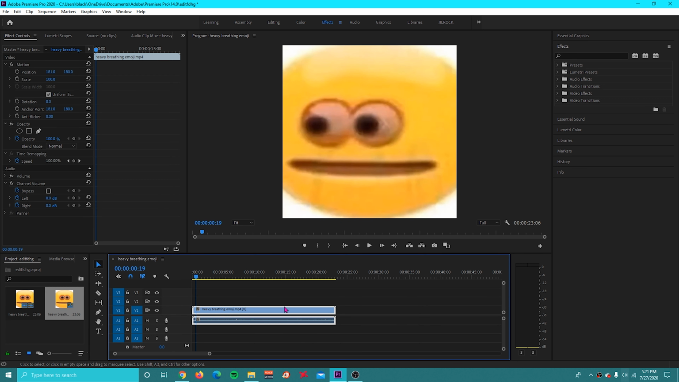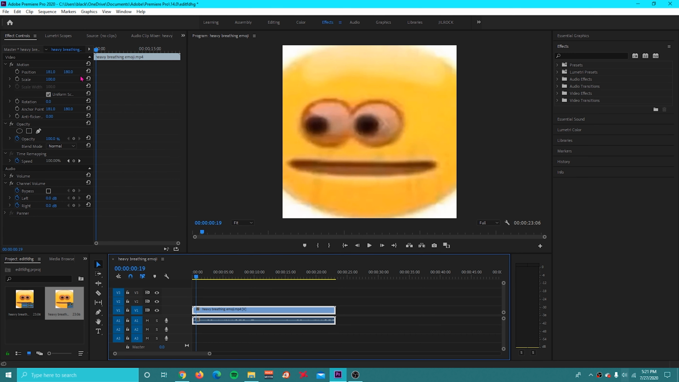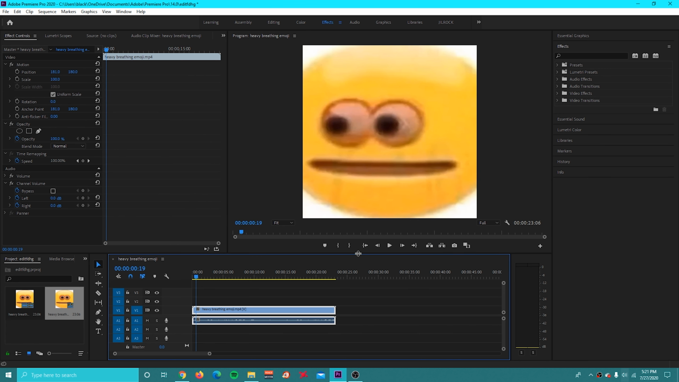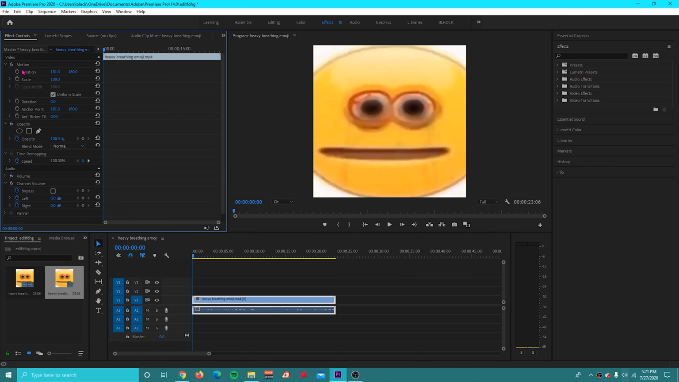So when we click on the clip, it takes us to our effect controls, and effect controls is one of the panels that we have. It's in the window tab right here. Basically, this is all the ways you can manipulate this clip. So over here you have all your different